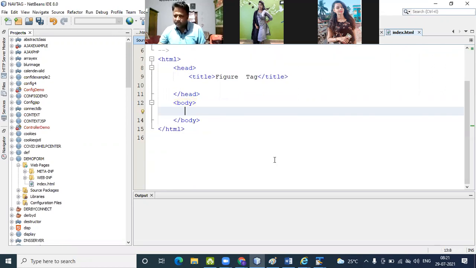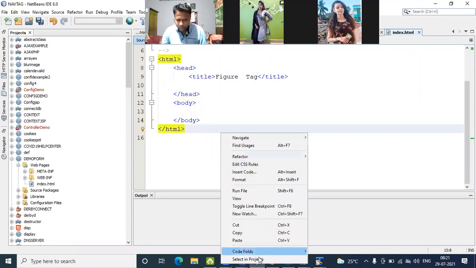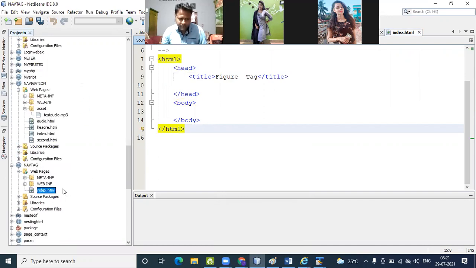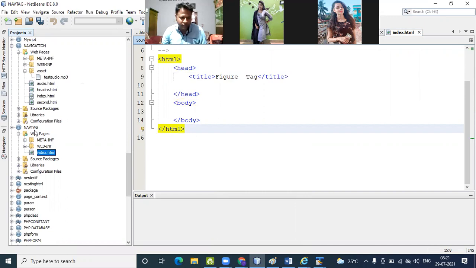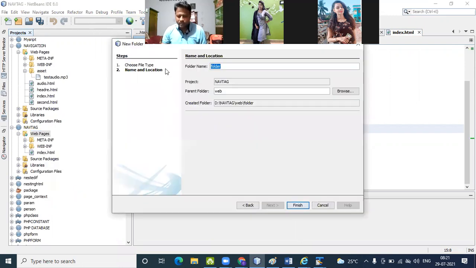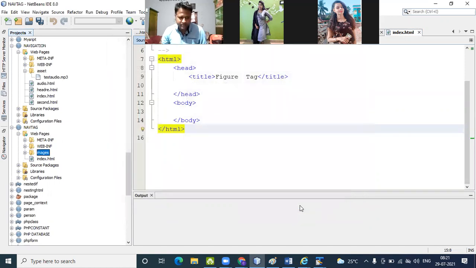Now I add some images. I create a folder: right click on the web page, new, then choose folder. In the folder I give the name images, then finish.